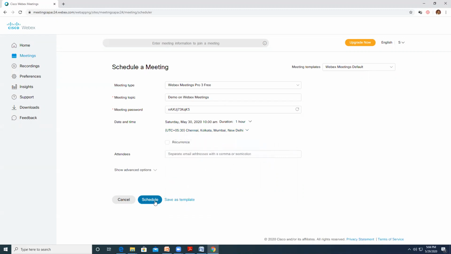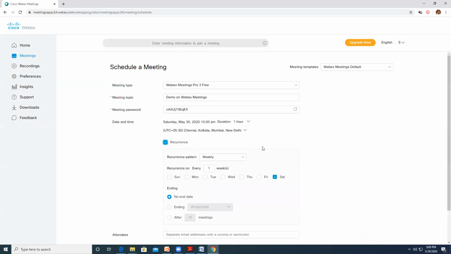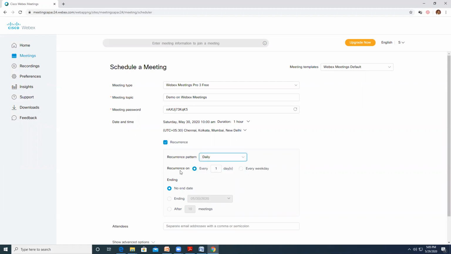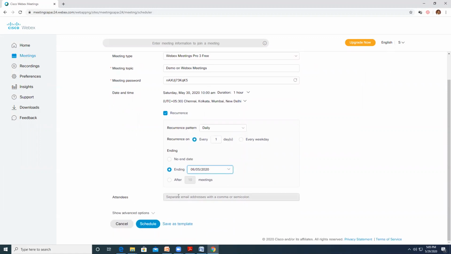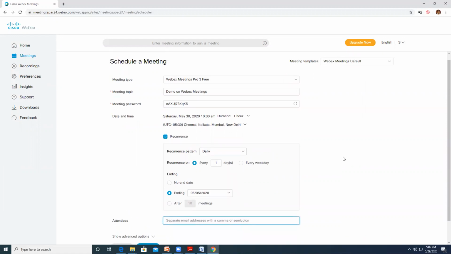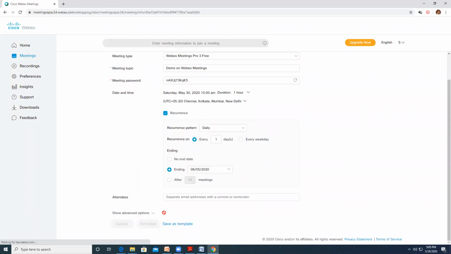And so now you can schedule it here, or if you want to have a recurrent meeting, you can click here, recurrent. So every day, starting tomorrow onwards, next 5 days, let us assume, you want to have it every day. So you can choose the recurrence pattern. So we want it every day, right? So you can click daily and recurrence on every 1 day. And when should it end? You can choose it. So since we said 5 days, today is 30, so let me put it as 5. And that's it. Now attendees, you can enter all the attendees here, or it will generate a link. You can share the link with the attendees. So anything would do. So let me schedule it.